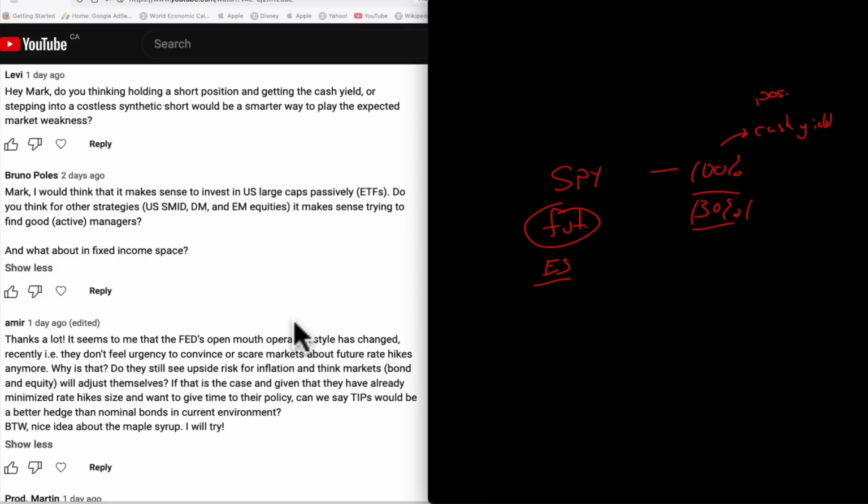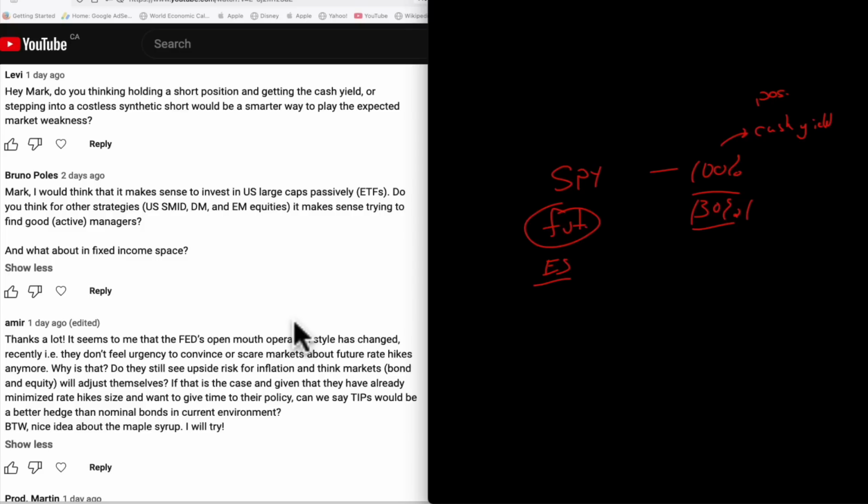Large caps, it's hard to generate active return or alpha in large caps. If you're going to measure the market in terms of efficiency, I don't know that it makes sense to say the market is efficient, but I would say certain parts of the market are more efficient than other parts. Large cap stocks have such broad analyst following that, if we buy into efficiency, it's as close to efficient as you're going to get. So I think it would be hard to generate alpha in large cap markets. So yeah, passively can make sense.